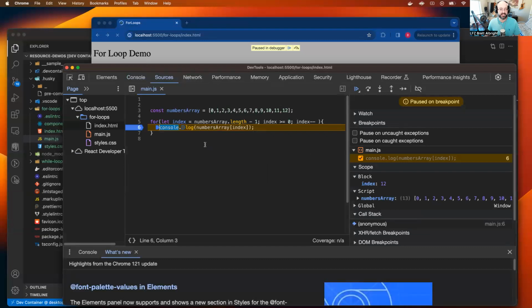Okay, if I refresh the page, look at the value of index is 12, because that's numbers array.length minus 1. Our conditional expression is 12 greater than or equal to 0. It is, and that's why we're in the code block. Now, if we highlight numbers array at 12, that's going to give us the number 12 in this case. So if we step forward,